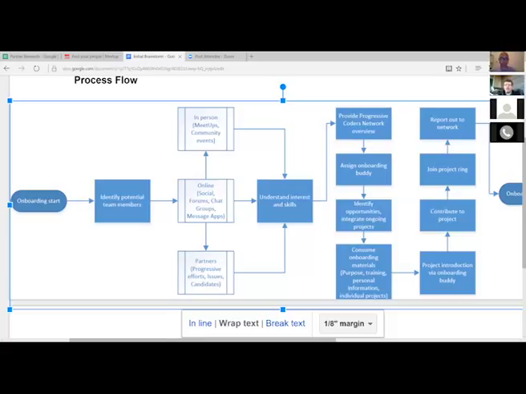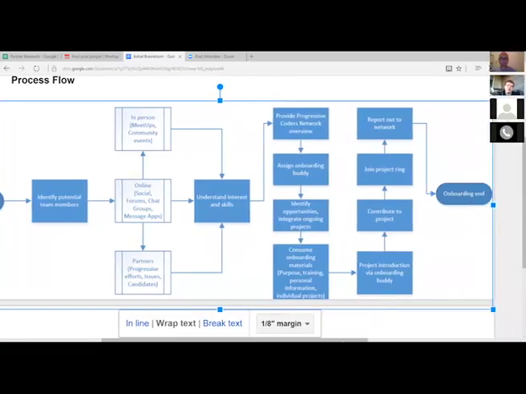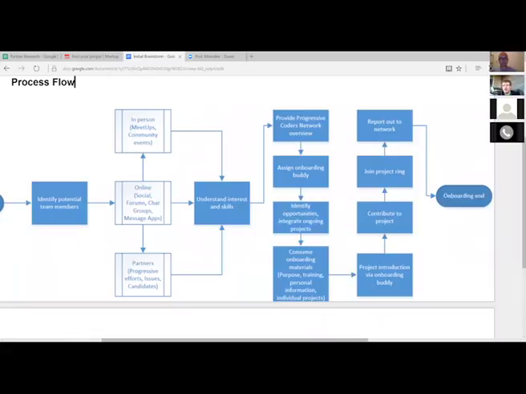As we identify these people in the first step over here, we move on to actually understanding what their interests and skills are. It's important to really map out what their journey is, how they'll work most effectively with this team, and how they can contribute in the best way. One important thing that we would need, at the very beginning, is: what is Progressive Coders? What isn't it? What are the options when you come here? What are the differences? Just giving that high-level overview to the person.